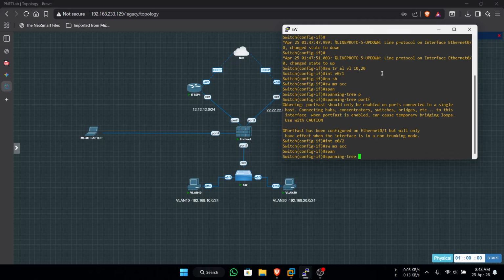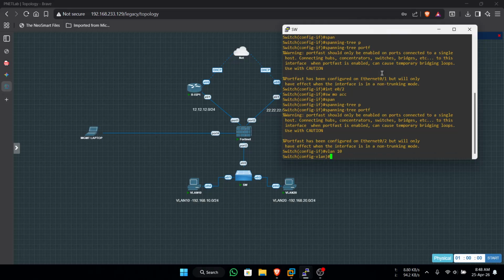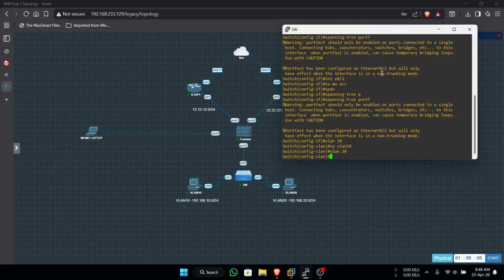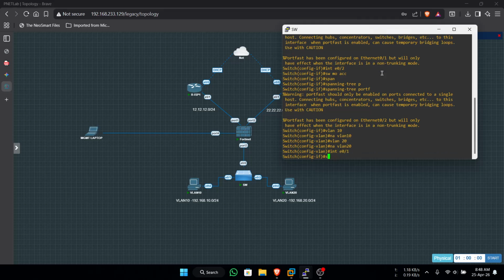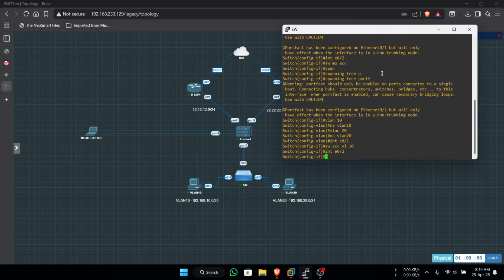spanning-tree portfast. After that you make VLAN 10 and VLAN 20, name VLAN 10, name VLAN 20. Okay, interface 0/1, switchport access VLAN 10, interface 0/2, access VLAN 20.